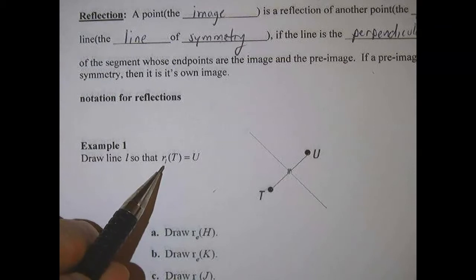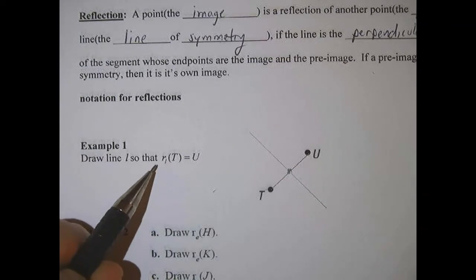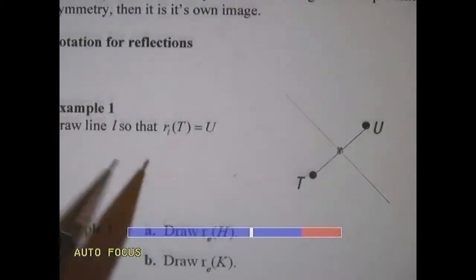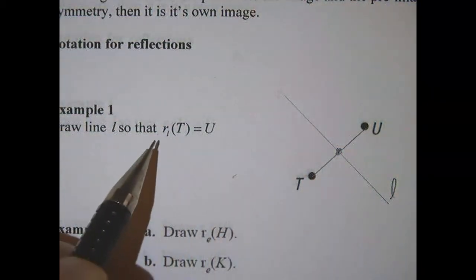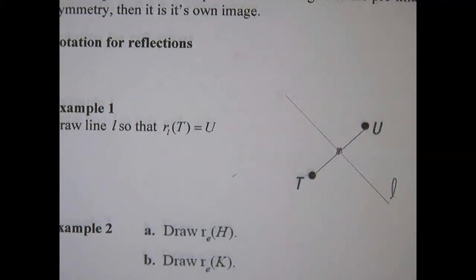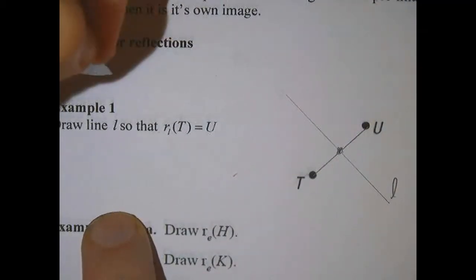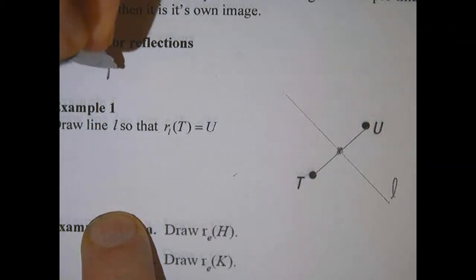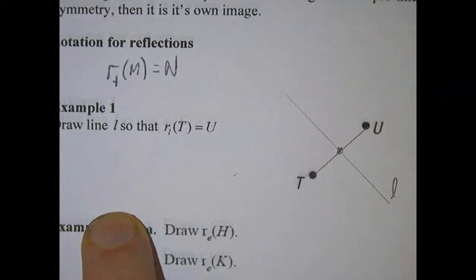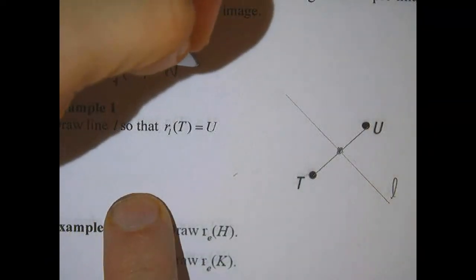All right, so this is the notation that I skipped. And what this says is that this is the reflection over line L. So I better name that line now that I know that it's the reflection over the line L. The reflection over line L of T is U. That's what it says. So that's going to be our notation here. And so I'm just going to use something different. How about the reflection over the line T, let's say, of the point M is N, and that reads